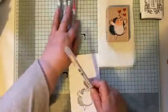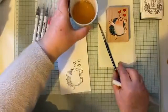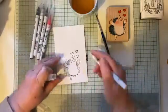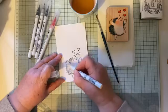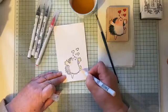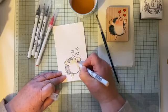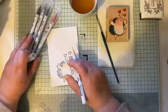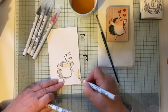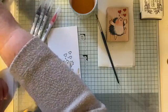So I know that I don't need water for this colour because it is very pale. But we'll just, yeah, see how it's really quite pale. So we don't need water, what we'll do, doesn't need to be over the edge. We might actually add a little bit of brown to this, just because it is very pale, this flesh colour. So let's see if we've got, that's not the right shade that I'm wanting. There's a lighter brown, and we'll